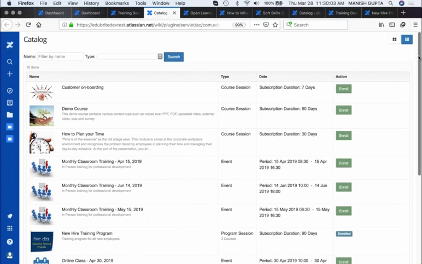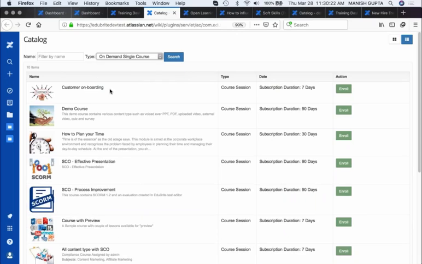This is more for when you're making something open and available for your learners to view, and if they're interested in something, they can self-sign up. And here you have the option to filter, search for it, or filter by type. The single course represents one individual course unit. So for example, I can see all this, and if I'm interested in something, I can simply enroll